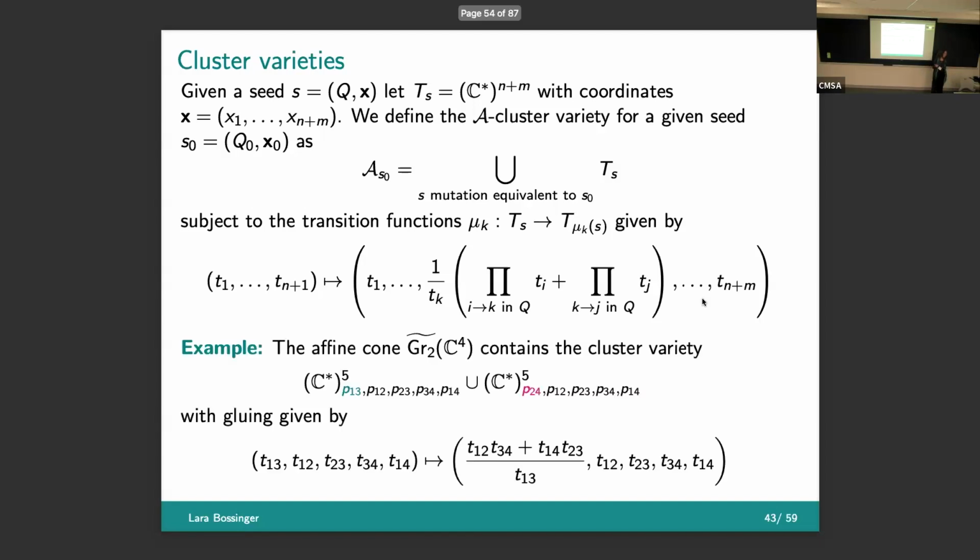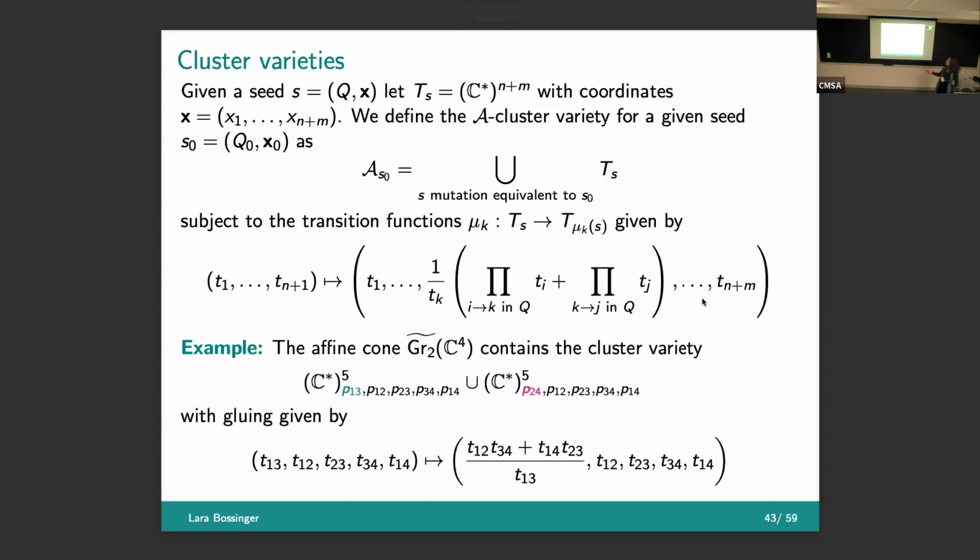Great. Okay. So let's look at how this looks for the Grassmannian 2-4, or to make my life a bit easier, I'll be working in the affine cone of the Grassmannian. We already observed the number of vertices in a quiver of this cluster algebra is the dimension of the affine cone rather than the Grassmannian, with like one extra face in every Plabic graph. So I get two